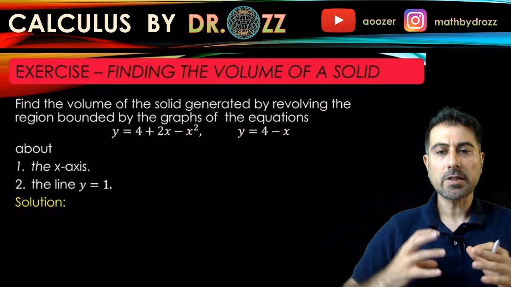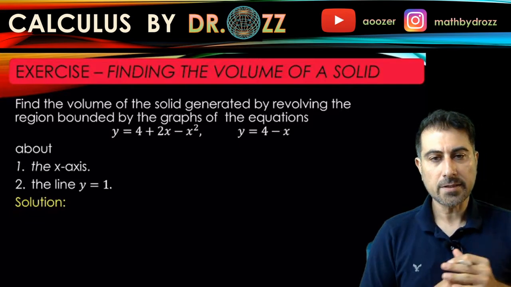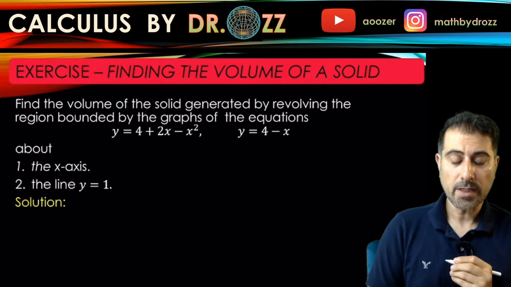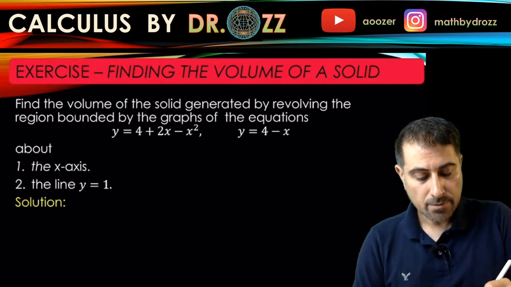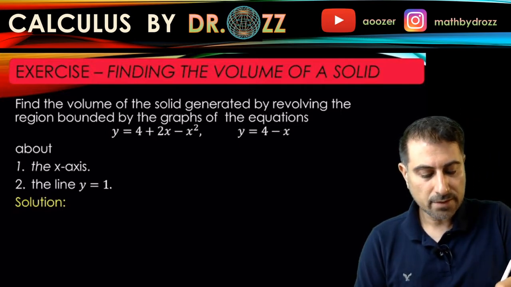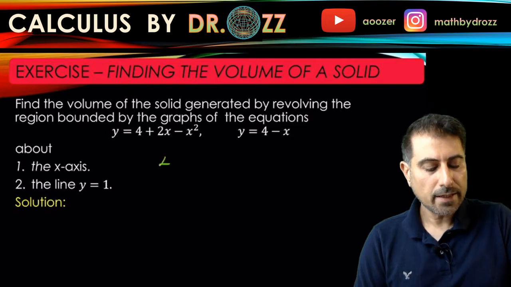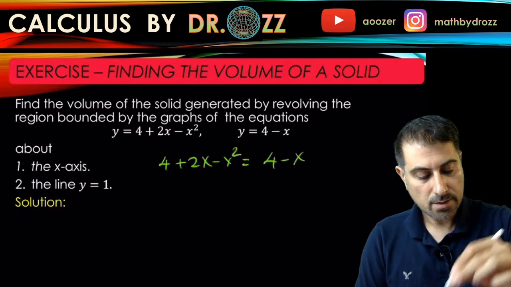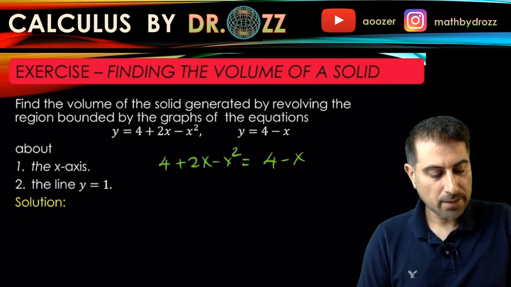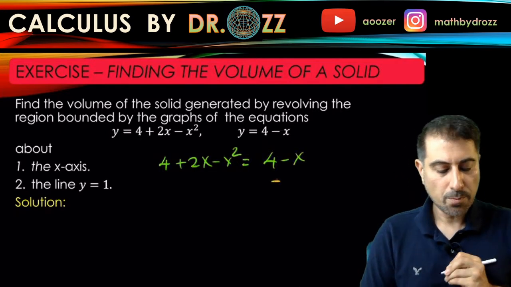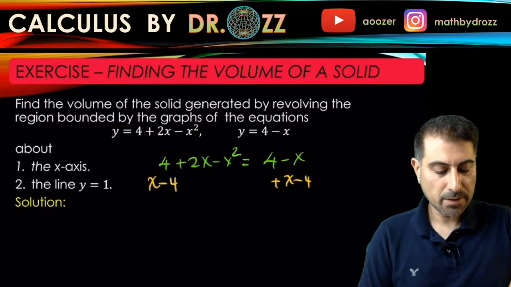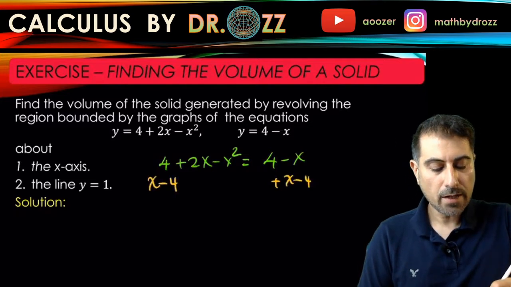But to be able to construct the region and to graph it accurately, we need to find the intersection points. To find them, we have to set the two equations equal and solve for x. Okay, let's see. Why don't we add x minus 4 to both sides of this equation so that the right-hand side becomes 0 and the left-hand side